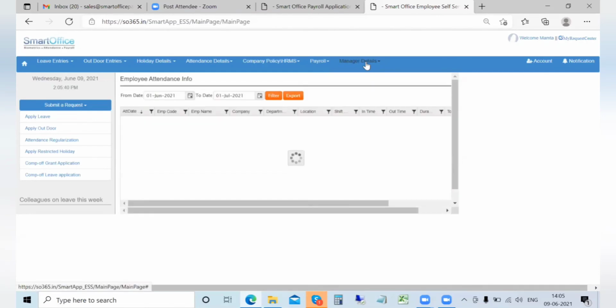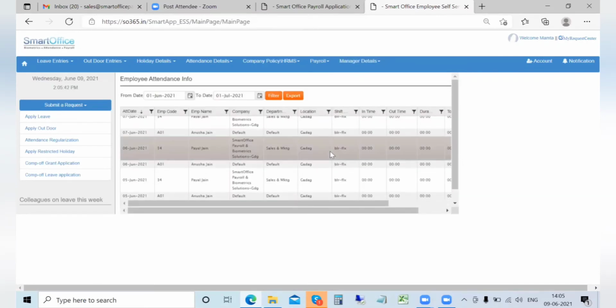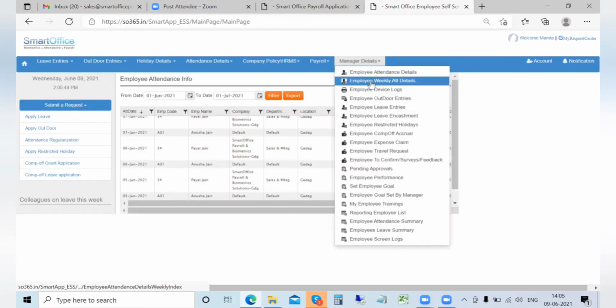Employee attendance details can be checked for the entire month. Weekly attendance details can be checked. You will also get an email about the weekly attendance details if you're on cloud. Leave entries can be checked. You can check the employee travel request from the HRMS point of view.